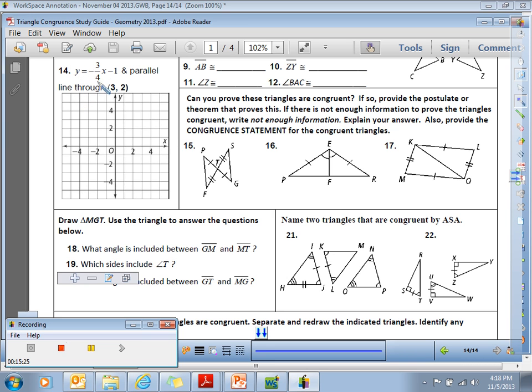We have the line y equals negative 3/4 x minus 1, and we want to graph each line mentioned below and the line parallel through 3, 2. So we have this first line. It's in slope-intercept form. -1 is the y-intercept. So we go down, find -1, plot that point. The slope is -3/4. That means you go down 3, 1, 2, 3 to the right, 1, 2, 3, 4